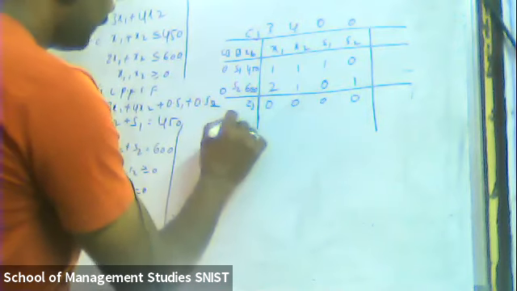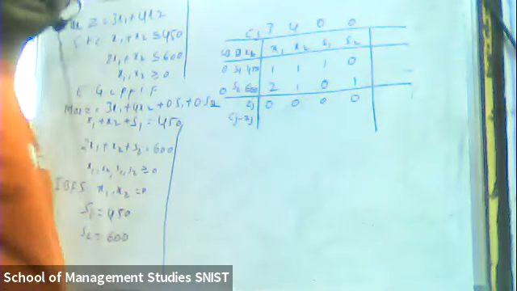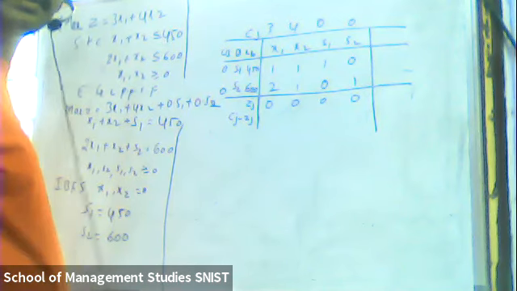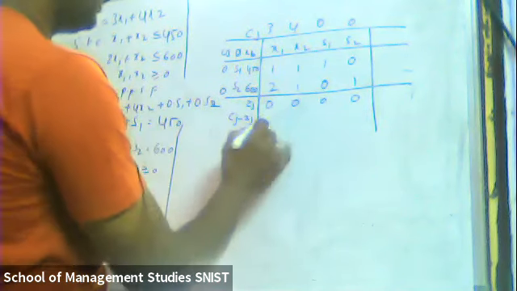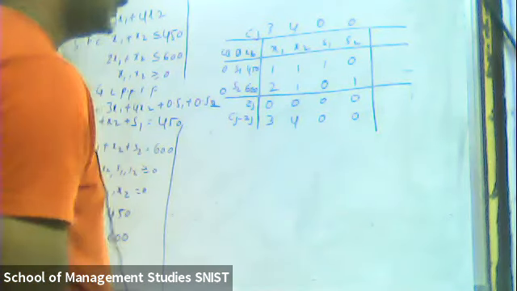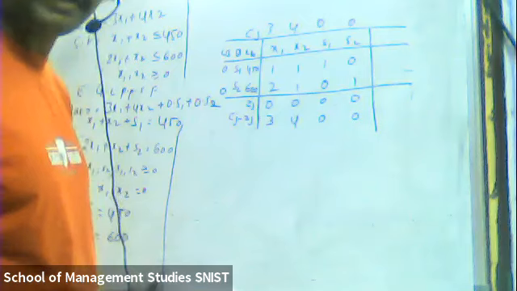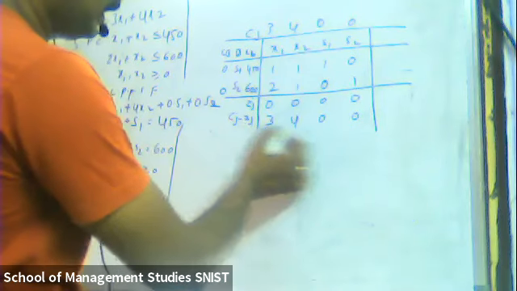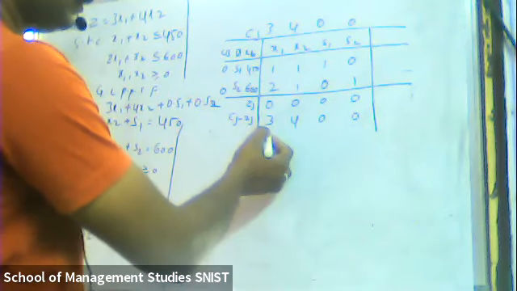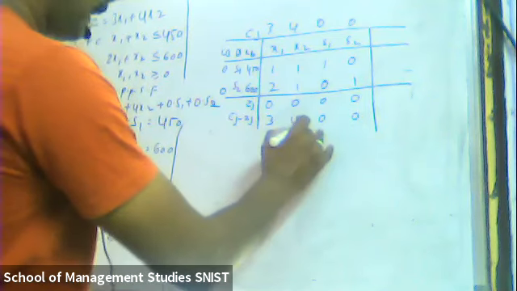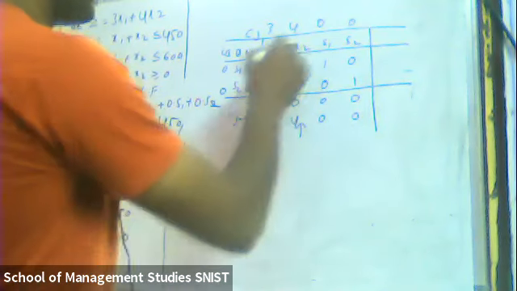Okay, now Cj minus Zj. So 3 minus 0 is 3, 4 minus 0 is 4, 0 minus 0 is 0, 0 minus 0 is 0. Key column: 4, x2, the highest value is 4. Are you following everyone? Yes, sir. How to identify the key column? Maximum value. Because we did not get all zeros, we got positive values, one is 3 and one is 4. So the maximum value becomes the key column, so x2.